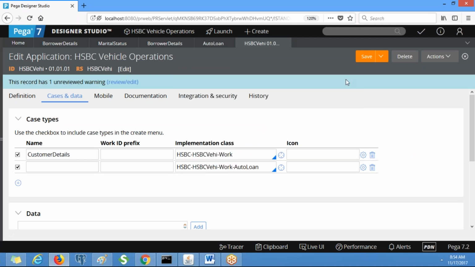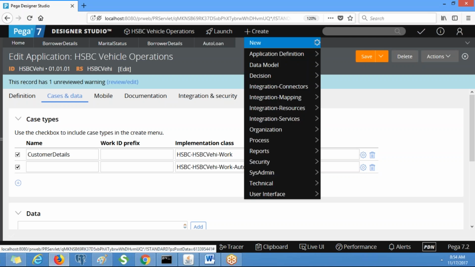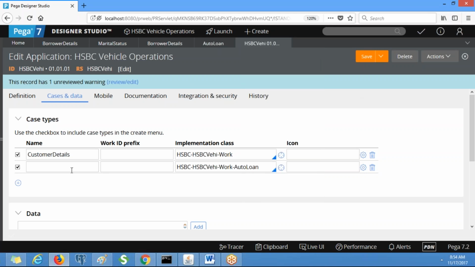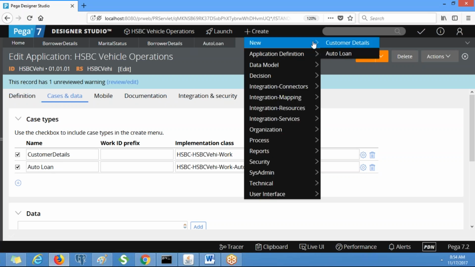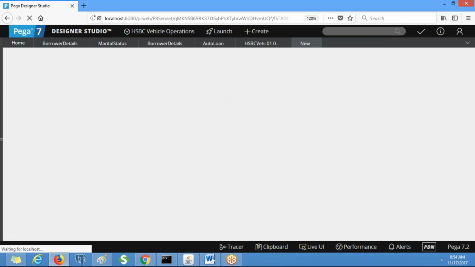Click on save. Okay, it's coming, right? Here we don't need to select a name, but if you want, you can give auto loan. So this is the auto loan work type.